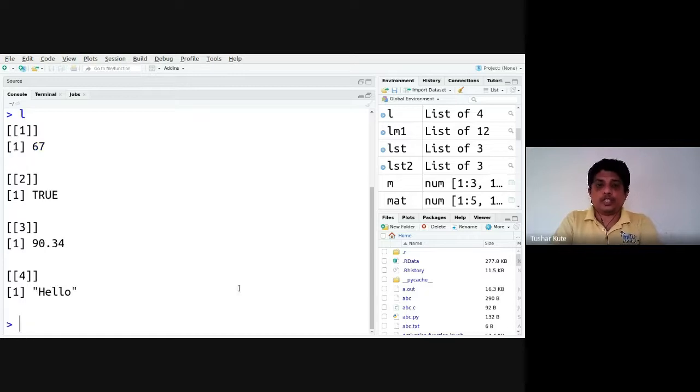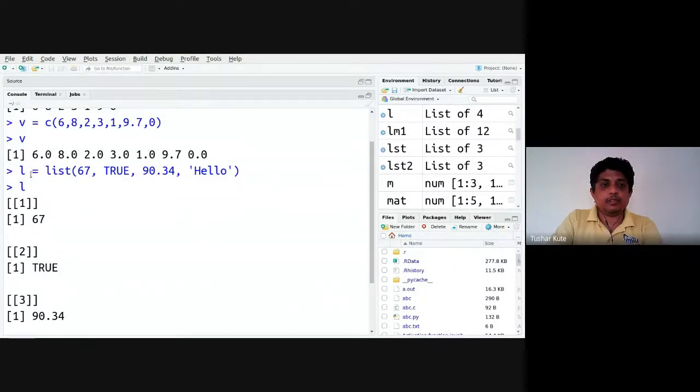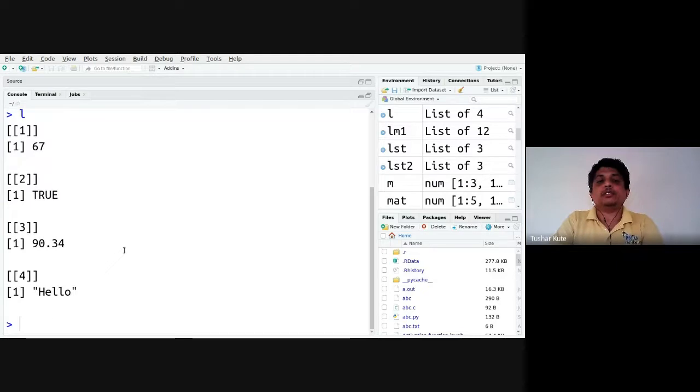By using the list function. It's possible to create the respective variable of type list. Okay, check this. Created like that. So the second type is list, which contains dissimilar kinds of data. The inverse of the vector is a list. So the list function is used to create that list.